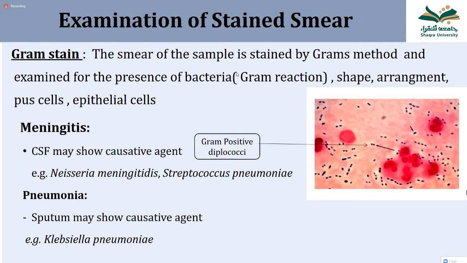In a gram staining slide, there are three things we have to tell about the bacteria. The first thing, whether it is gram positive or gram negative. The second thing, whether this is bacilli or cocci. And the third thing is how it is arranged, whether in cluster, in chain, or in pair. If you see here, the gram staining is written like this: gram positive diplococci. Diplo means pair, cocci. So all three things are described here.